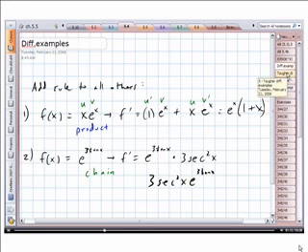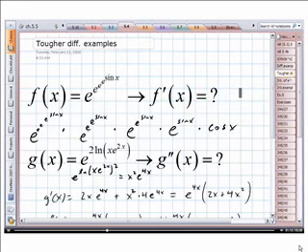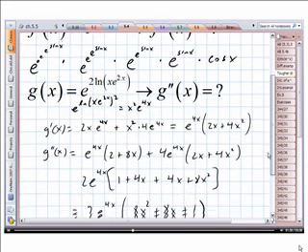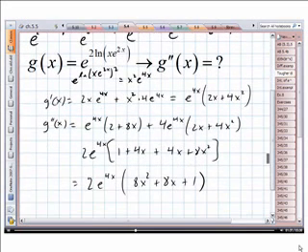Here are some examples taking this a little bit farther. F of x equals e to the e to the e to the e to the sine x. Basically, you just work your way up the exponents, so the derivative of the bottom one is the whole thing, and then the derivative of this section is these 4 pieces. Then you work your way up and up and up. Finally, the derivative of sine is cosine. And then down here, you can look through this at your own pace.